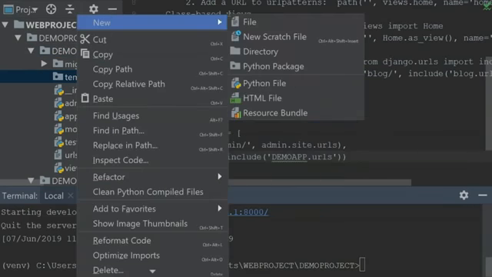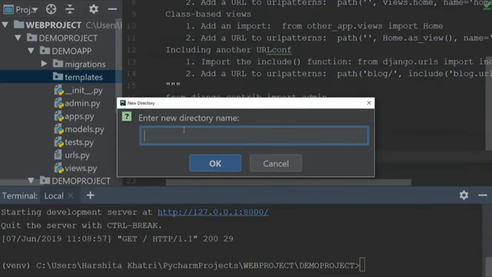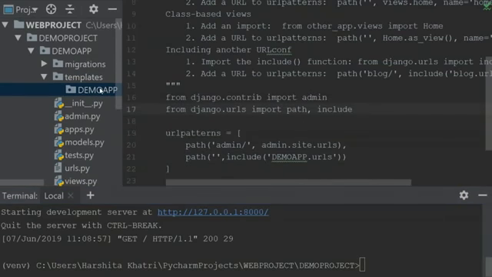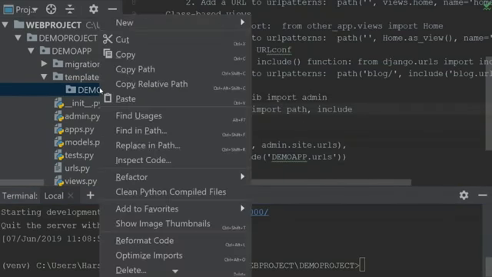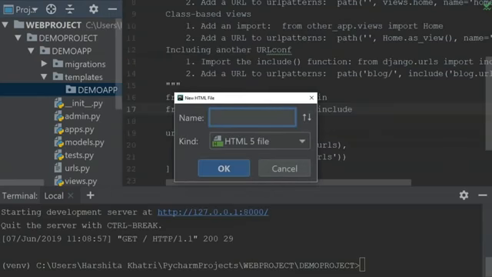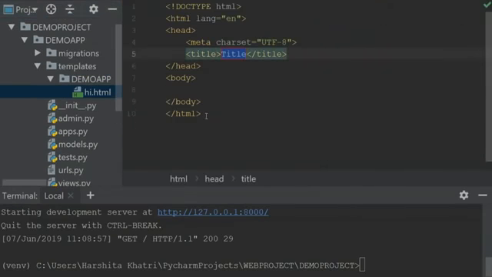Within the templates directory, I'll create a new directory with the same name as my app. Don't get confused with this guys. This is actually the Django convention which helps you write project specific code. So within this demo app, I want to write the HTML code. So I'll create a new HTML file to write all the HTML code that I want. I'll just give the name as hi.html and I'll say OK. So as you can see over here, Django has already written the minimum HTML code for me. I'll just change the title to Edureka guys. You can give any title of your choice. And within the body, I'll just write hi.